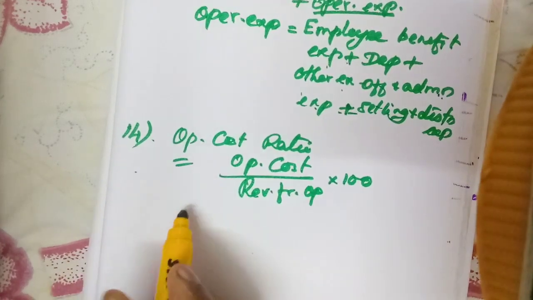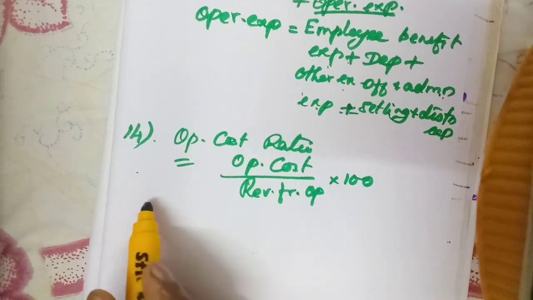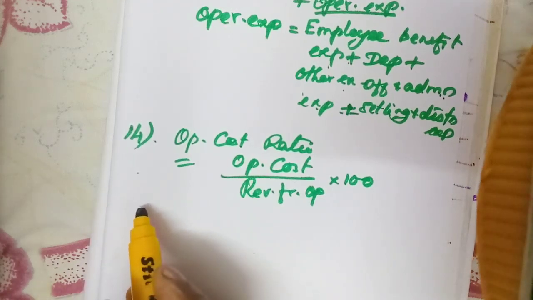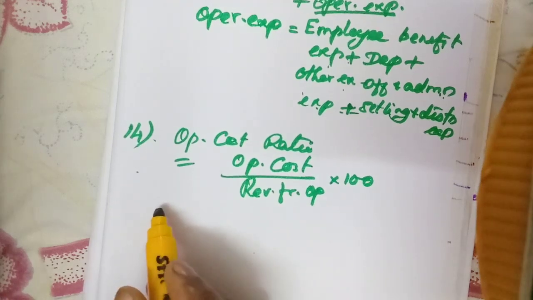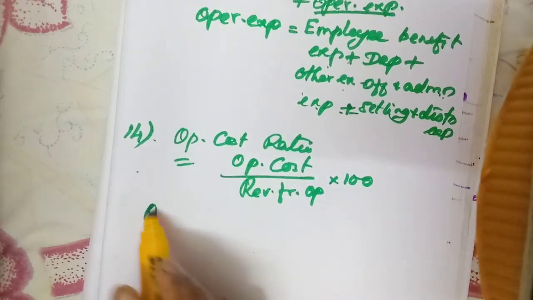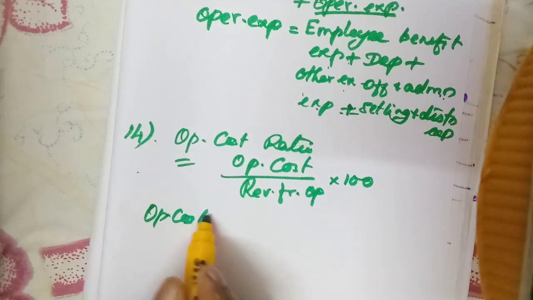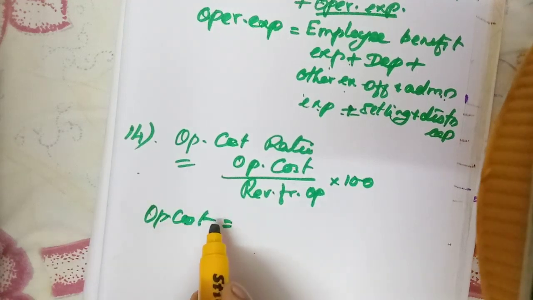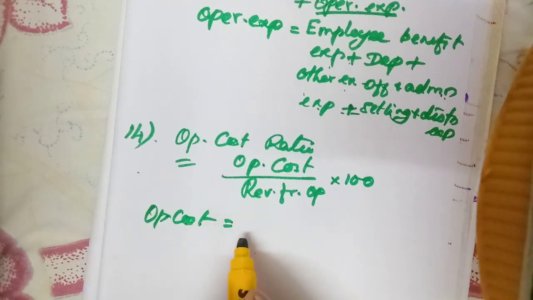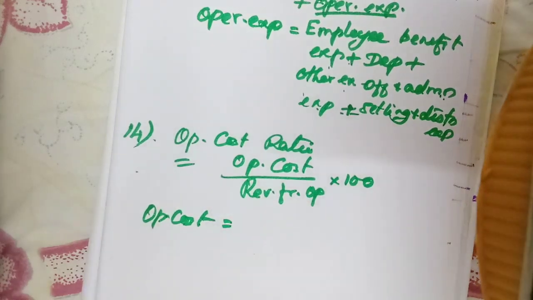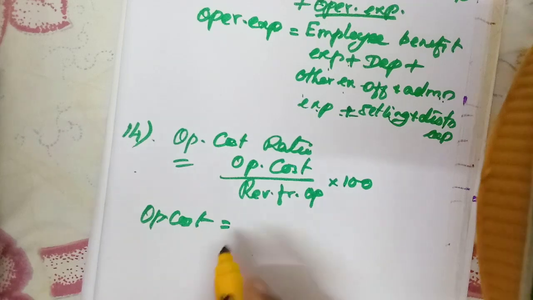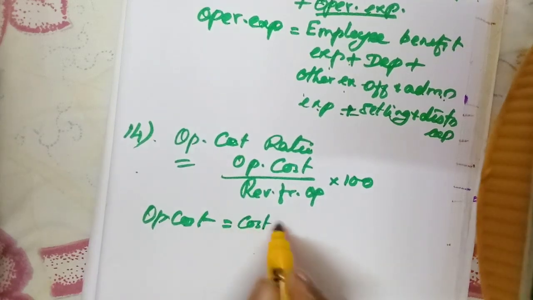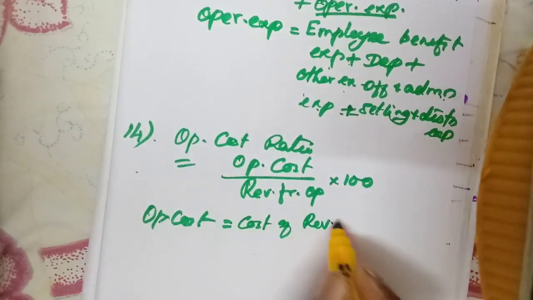Here we need to calculate, isn't it? Operating cost means what? Cost of revenue from operation